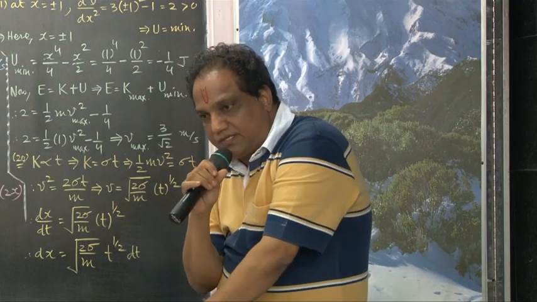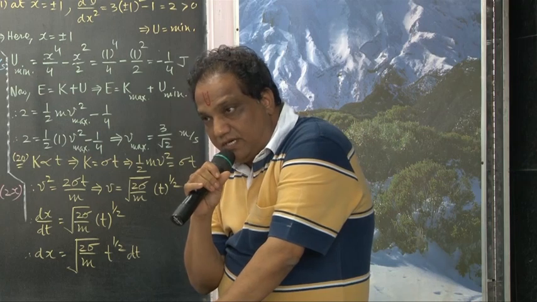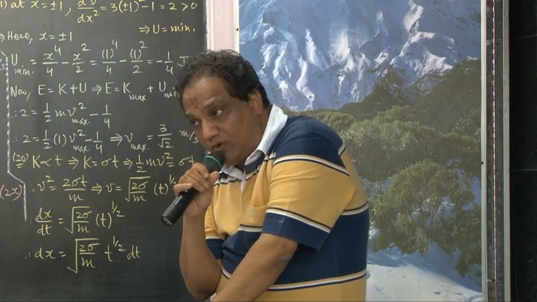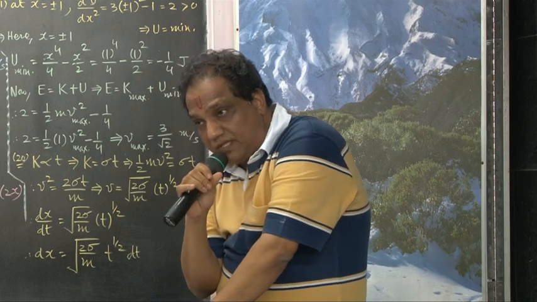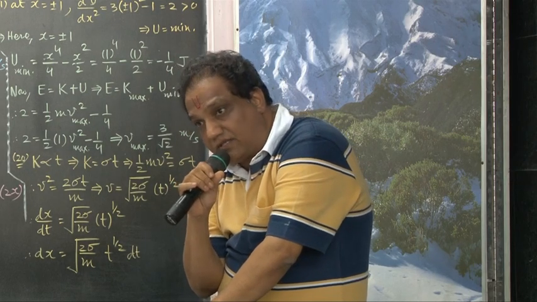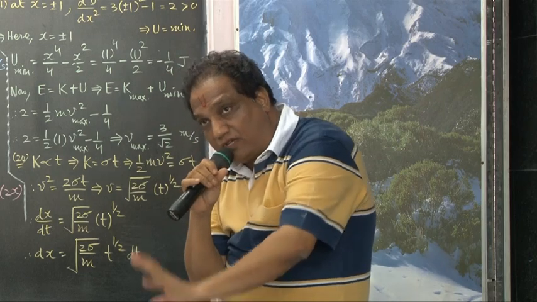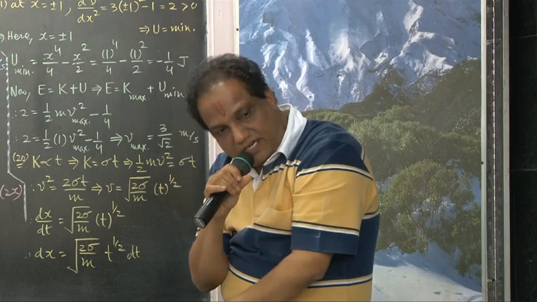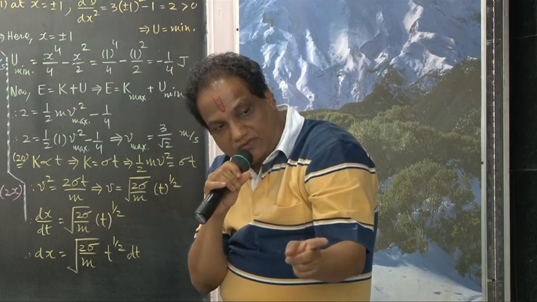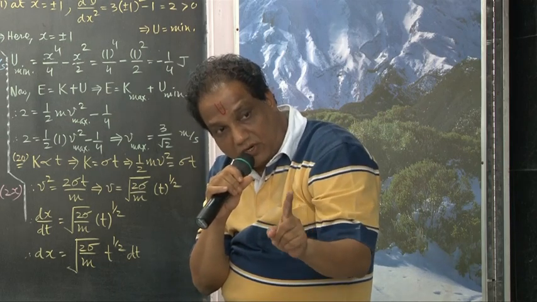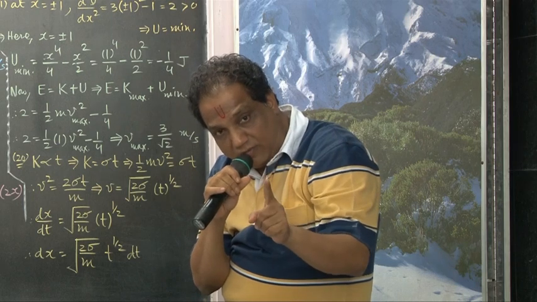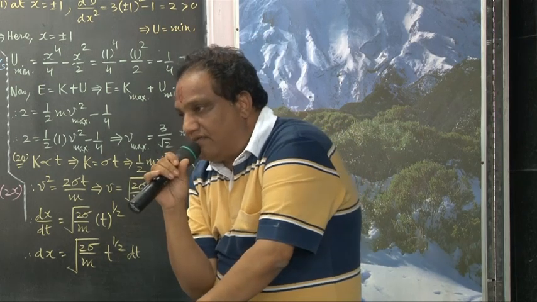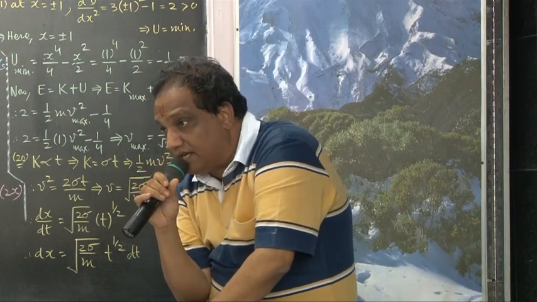Actually, they should have asked what the change in total potential energy will be, meaning I am talking about the entire system of balloon and earth. For that entire system, total potential energy decreases. That is true. But they have not asked for the entire system. They have asked only for the balloon. If you are talking only about the balloon, then the balloon is rising, height is increasing, and gravitational potential is actually increasing.